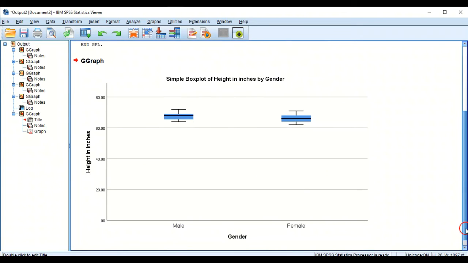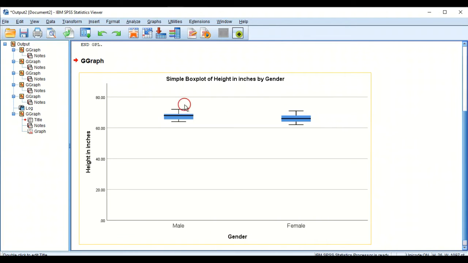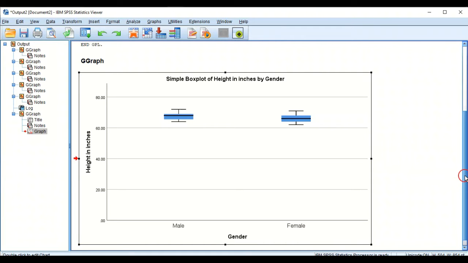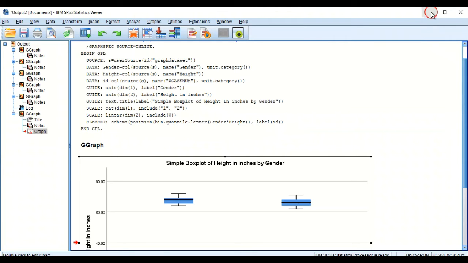All right, so this is our result. But as you can see, there are no outliers here. You might be confused, but we'll still try to identify if there are outliers in weight. There are no outliers here because, as you can see, the graph is clean. We just have our variable here, male and female, and all the data is clean and neat. So let's check if there are outliers